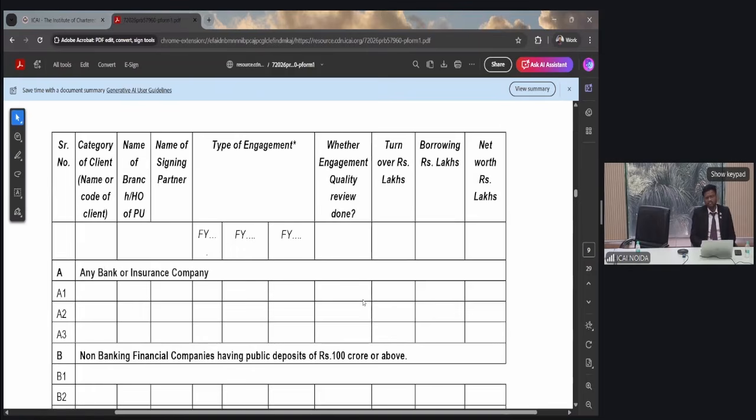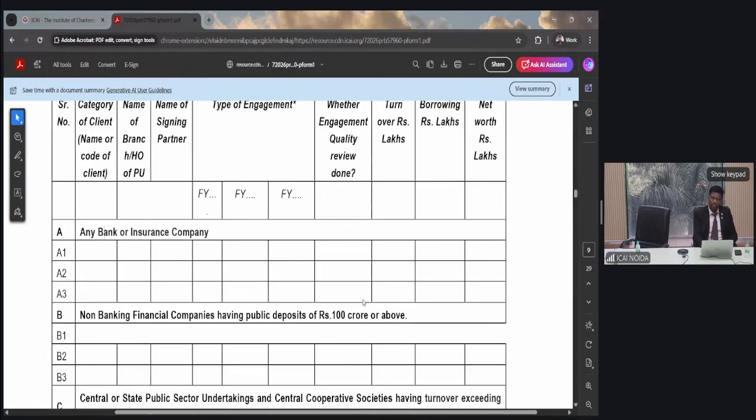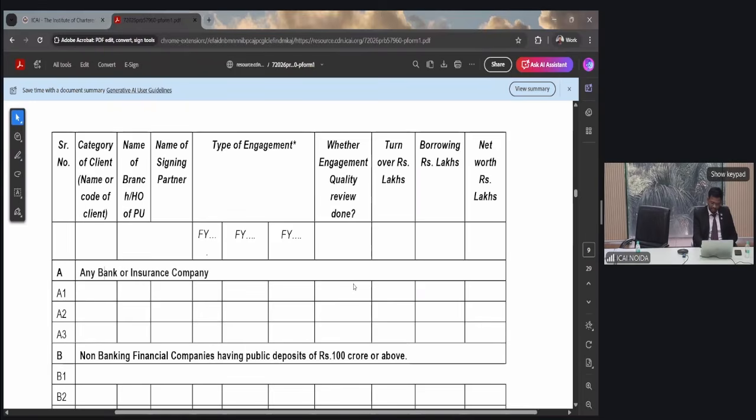For example, the CA firm has an internal policy to have EQCR in case of statutory and tax audits for a client with turnover exceeding 100 crores. So in such cases, only those UDINs pertaining to statutory and tax audits with turnover exceeding 100 crores will have yes over here, and listed audits yes, and in all other cases it will be mentioned as no. It is completely the choice of the CA firm. Okay. Then